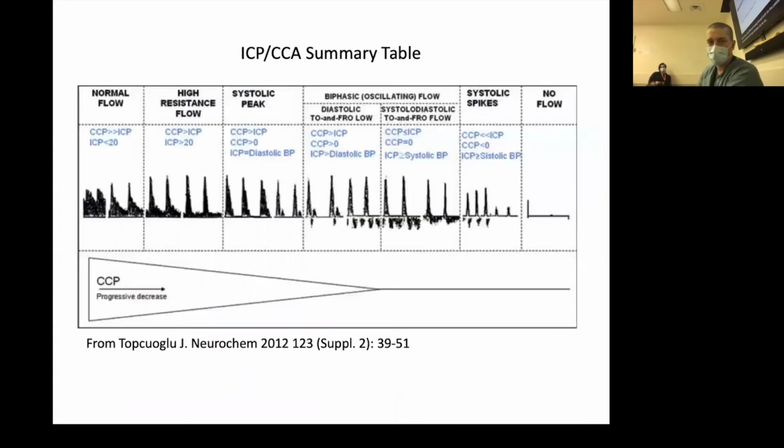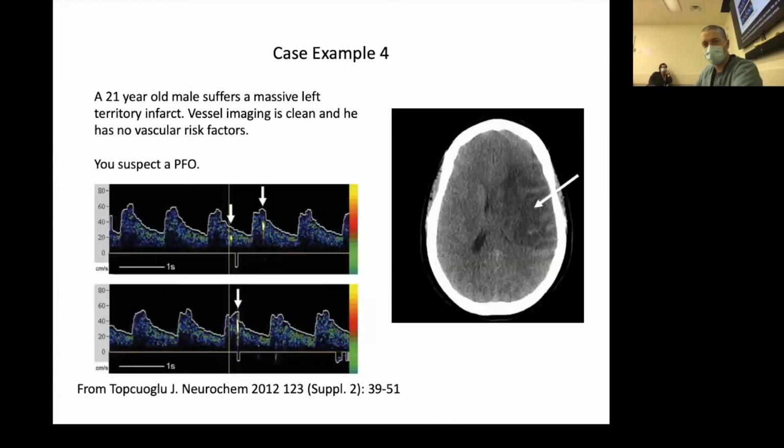And then just an ICP summary table that I don't need to go through. It's more if you guys want my talk and you want to see these slides for yourself when you're ever doing these scans, just as a sort of treasure trove for yourself to see what ICP looks like as it changes in real time and progresses to cerebral circulatory arrest. Okay, the next example is